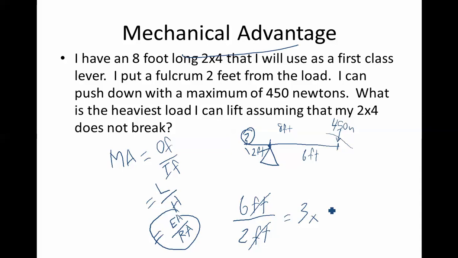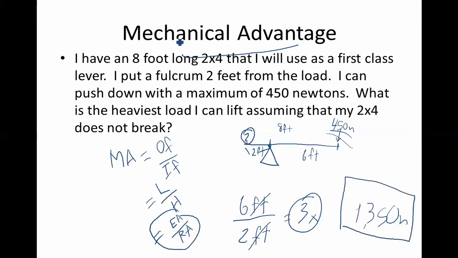I could put up to a 1,350 newton load on this side, okay? Any force I put in will be multiplied by 3. I'm maxed out with 450 newtons. That means I could put up to a 1,350 newton load on this side. Now, I might need a little bit extra oomph to get over the inertia, but you guys get the basics of how to do these. Hopefully mechanical advantage makes a little bit more sense, and have a great